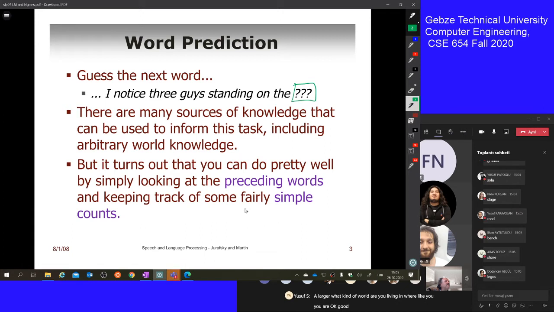So nobody repeated the same thing, but nobody said, I noticed 3 guys standing on the like. Nobody said this. Carpet is good. Okay. So you are picking a noun, right? But for example, like is not a noun, it's an adjective or verb maybe. But nobody picked a noun like